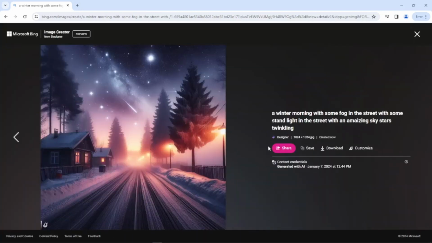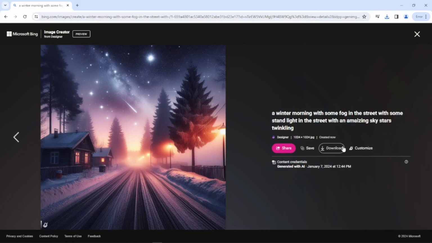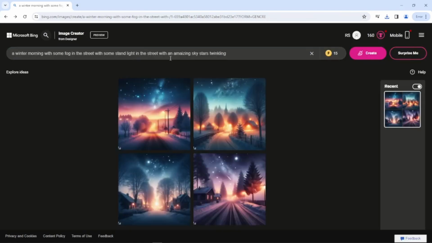Whoa. So for downloading it, just click on that specific image and click on download. What just happened? Free up space on your device. Okay, sorry, I don't even have good space. Sorry for that. Okay, let's try another thing. Let's say our room, in a gaming chair playing. Okay, as you can see, this is my prompt: a professional gaming room with a high specs rig PC